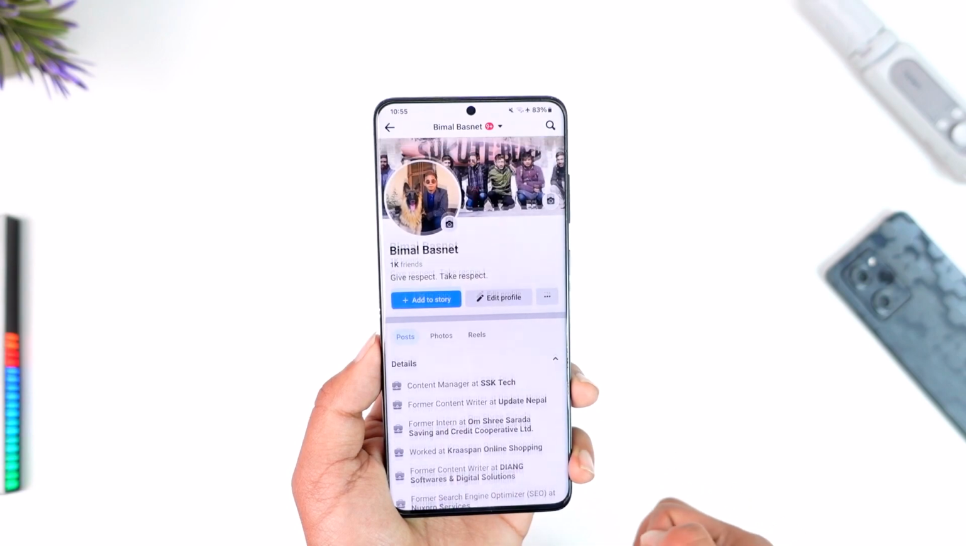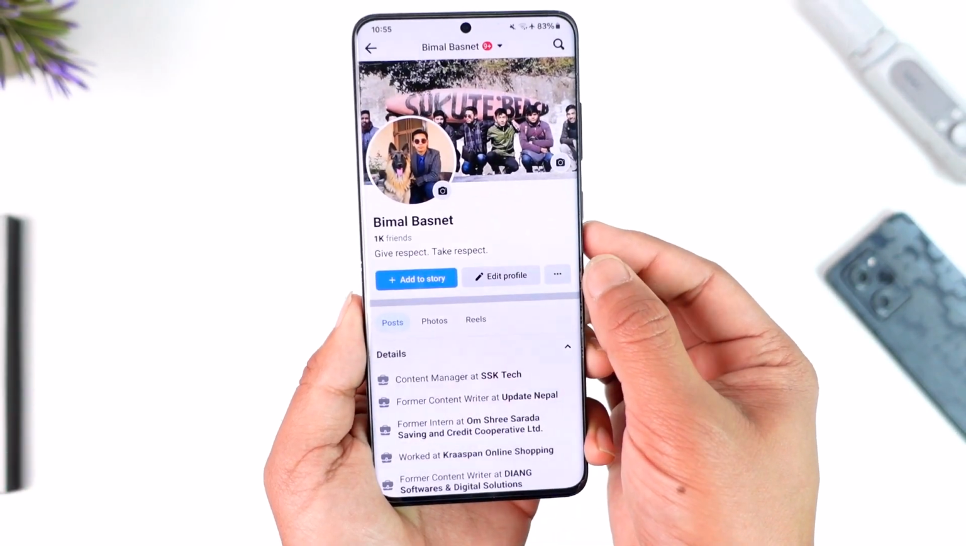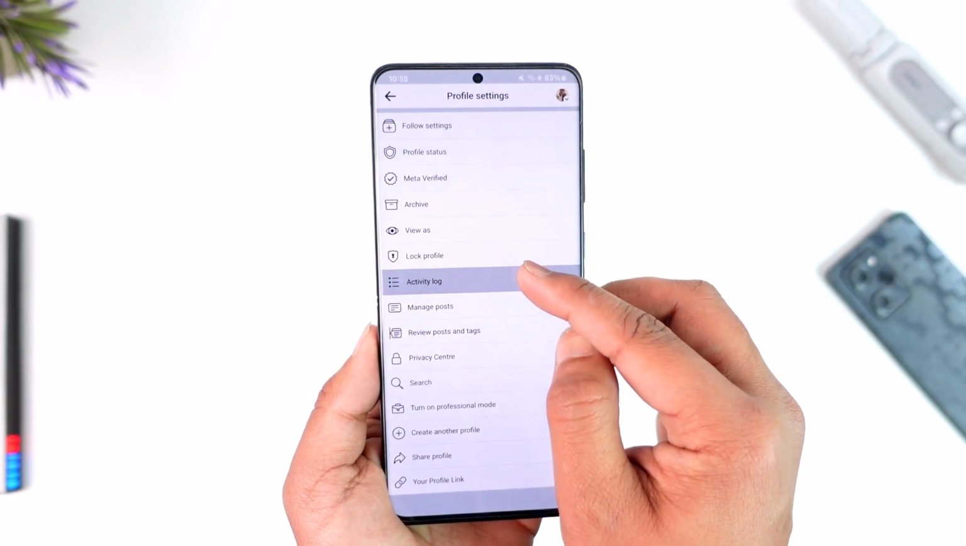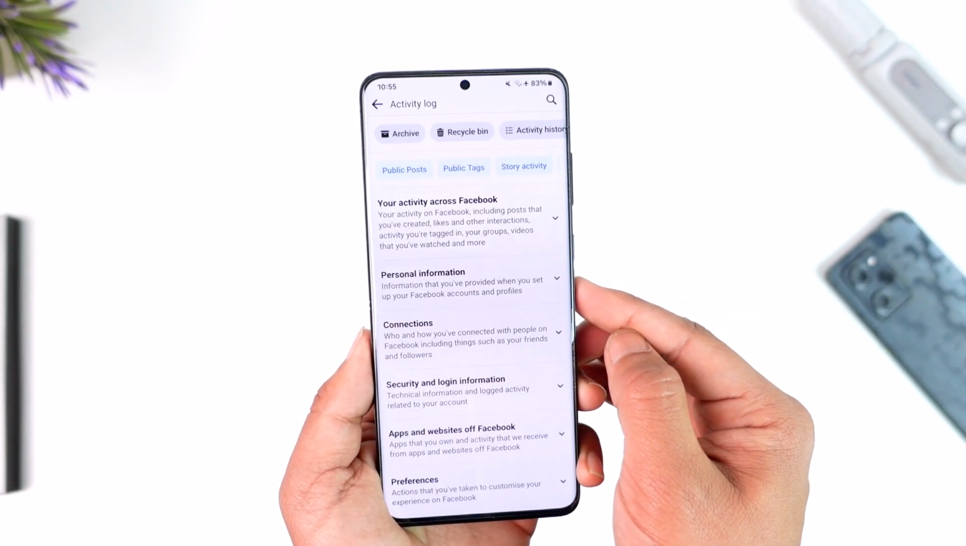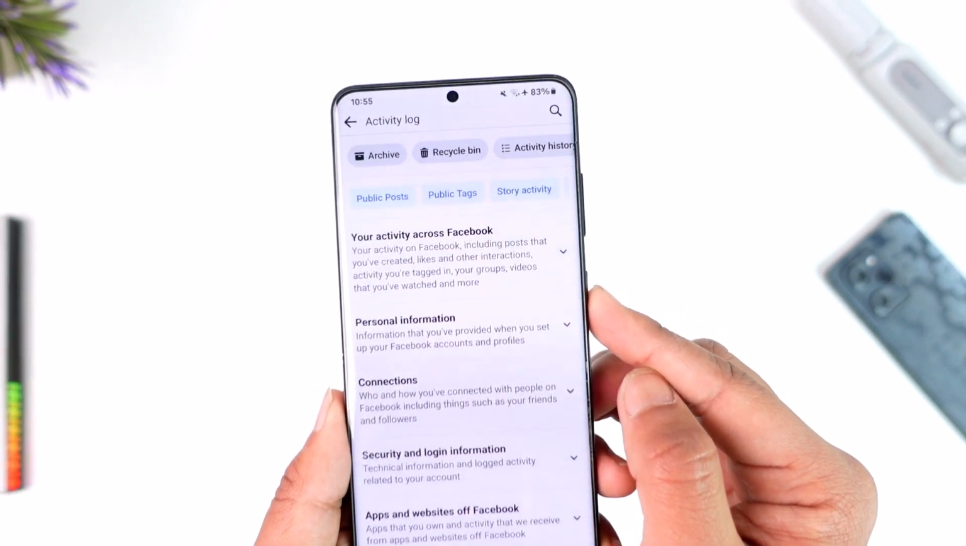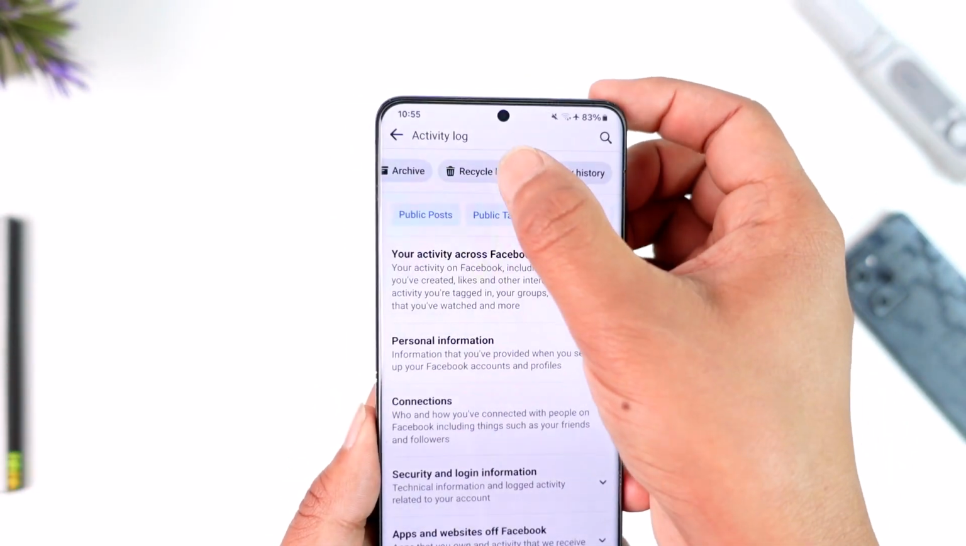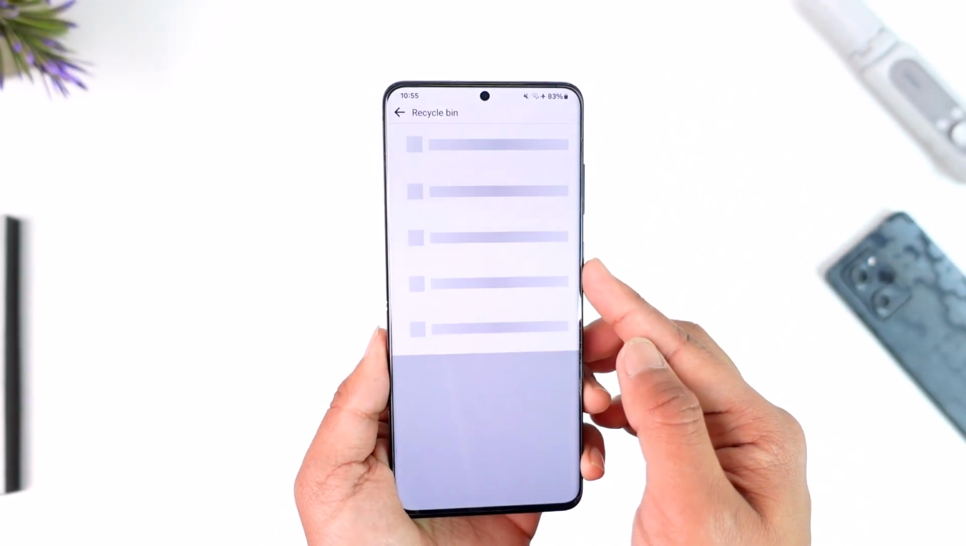To restore that, just come to your profile page, then just tap on the three dots option that you can find here. Then from there you'll just go to this option that says activity log, so tap on activity log. Now when you go to activity log, at the very top you can see various options. One of the options there is recycle bin, so tap on recycle bin,